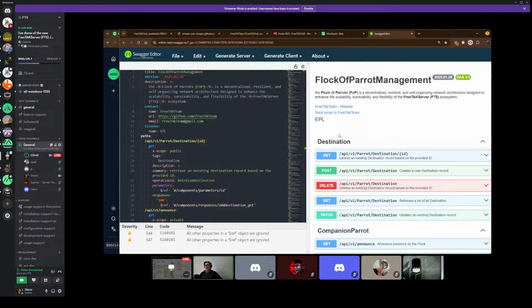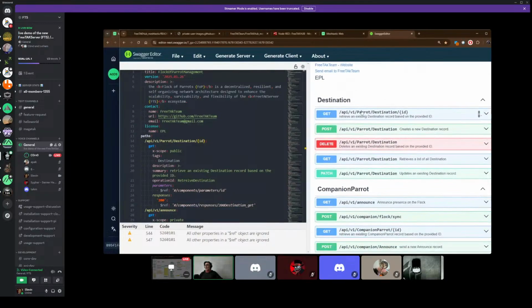Now, the next step in our development, now that we have the Flock of Parrot management, will be to transform this into the code that is supported by our framework that is called DigitalPy. I will go through what the Flock of Parrot API describes, and then I will let Ghost here elaborate on how we will support it with DigitalPy. As you can see, we have different labels here, and to understand what that is about, you should be a little bit familiar with